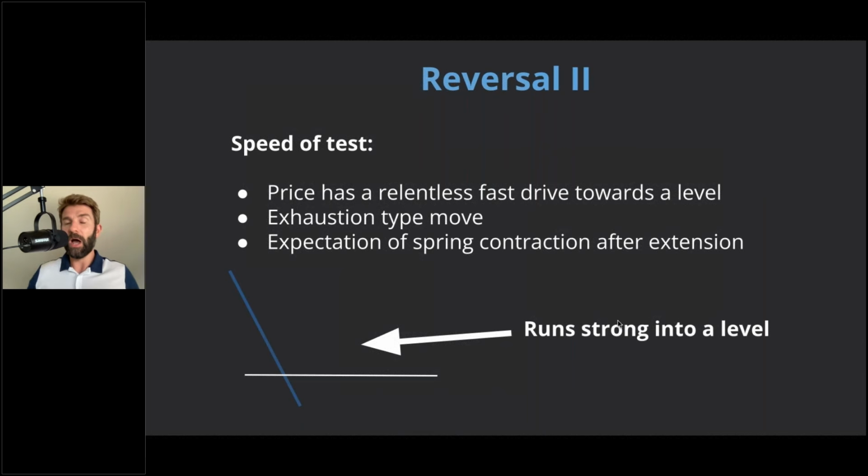Okay, so another example for you. So you've got two. There's plenty of ways, by the way, that you can have these filters, but I just picked two simple but effective ones, I feel. One is the speed of test. So notice that one was a grind lower, right time of day, one test, bounced off, a decent duration in between, the second test, came back, tested again. That's when I'd look for my trigger.